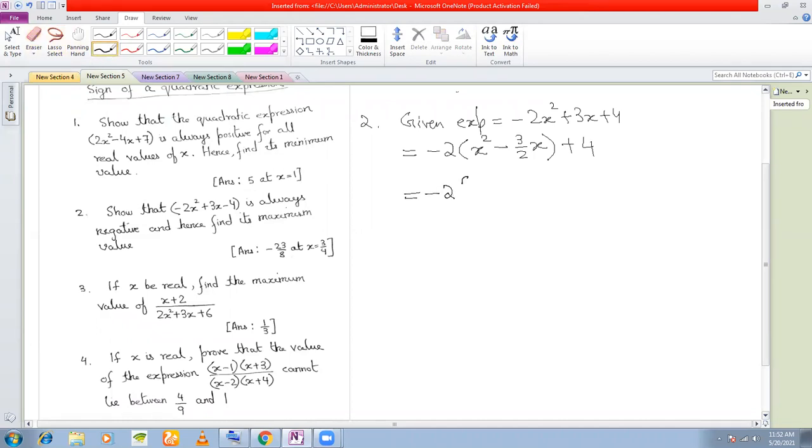Next, I want to express this in the form a minus b whole square. But which one is my a? Which one is my b? That I'll have to look. So firstly, x square is my a, right? Minus. I need a twice ab, right? So I introduce a 2. But when I'm introducing a 2, this is my 2a term. And what is my b? B will be 3 by 4. Why 3 by 4? Because this 2 extra I have introduced. So that is why I have written this 4, because I have a 2 here.